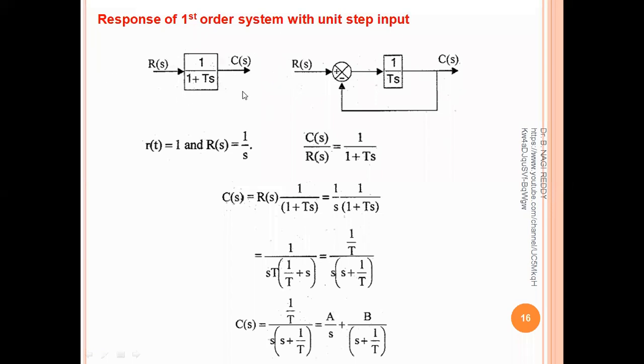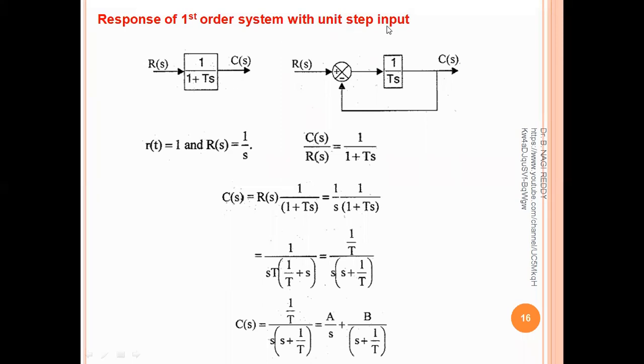So you can see a first order system. A first order system is taking input of unit step. So here we need to give unit step to this system, and we need to draw the output response. What will be the output response? We have to derive the equation. From that equation, we can draw the response, because for the input, we know this is unit step. So how the unit step waveform will be, we have already seen in the previous class, right? So we know the input response, but we have to draw the output response for this first order system.